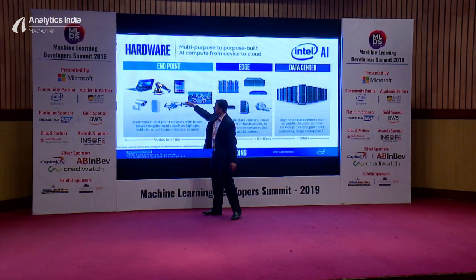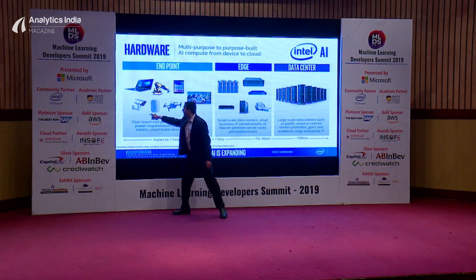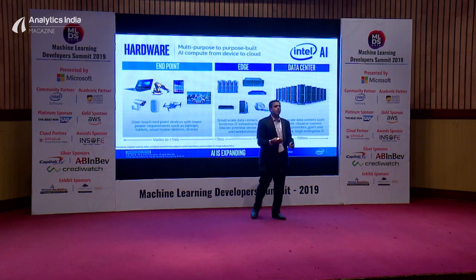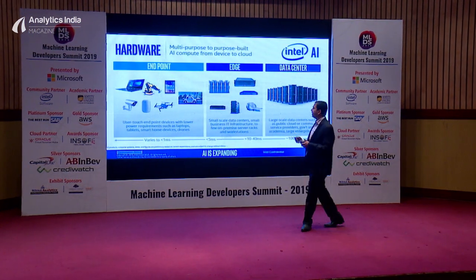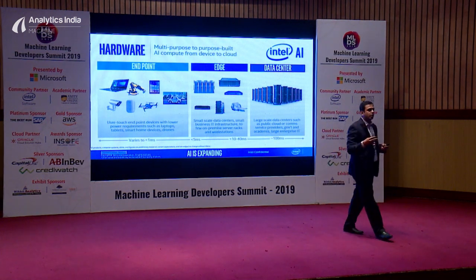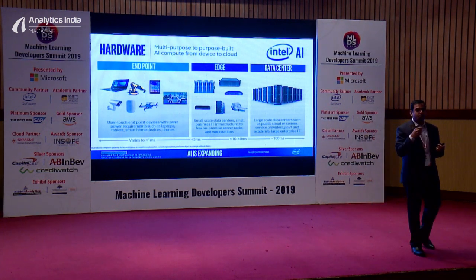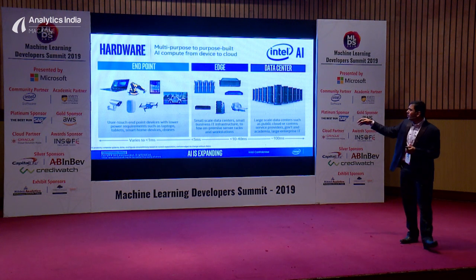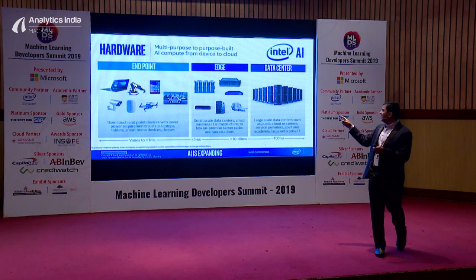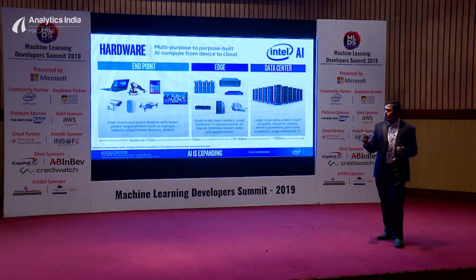Your laptops, your drones, your cameras. Probably your cameras will have a Movidius chip in it. Your laptops will have either a Core or an Atom or a Pentium Celeron. Let's say your drones can have a VPU, Movidius as a VPU, which is vision processing unit, right? So these are the endpoints where inferences actually happen, right? And I did touch upon that in the previous file as well.